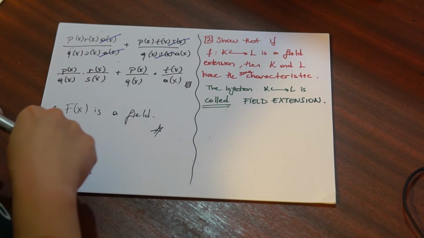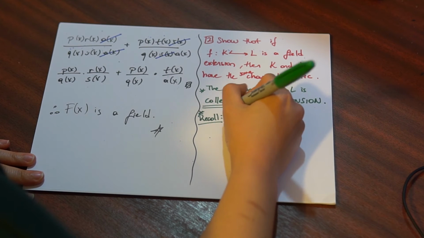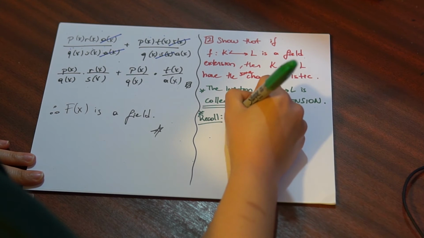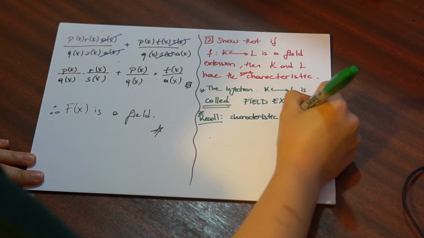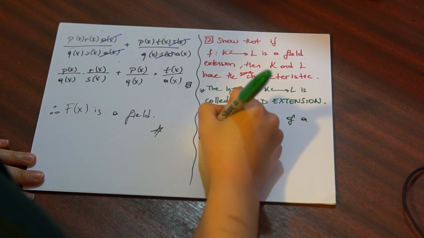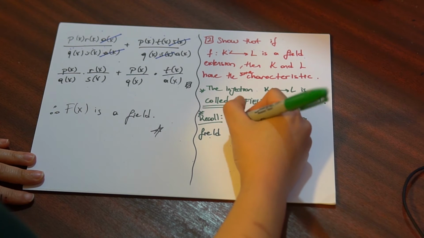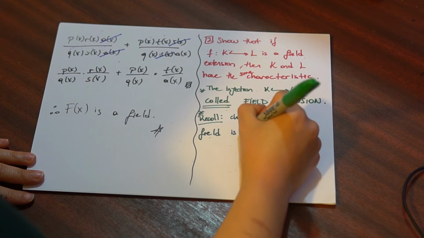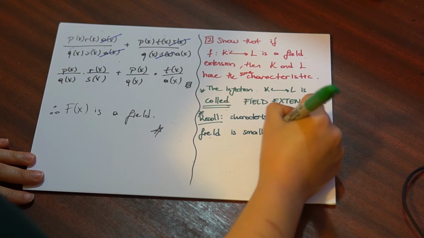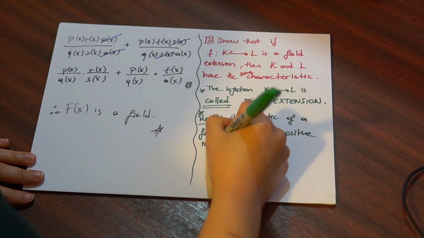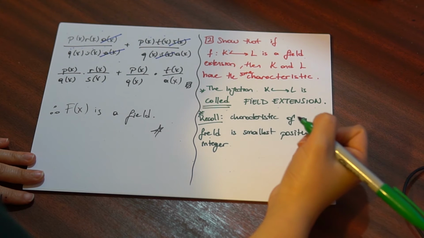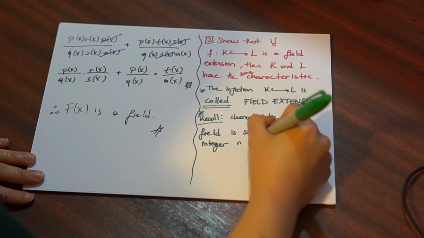And what was the characteristic? The characteristic of a field is the smallest positive integer n such that